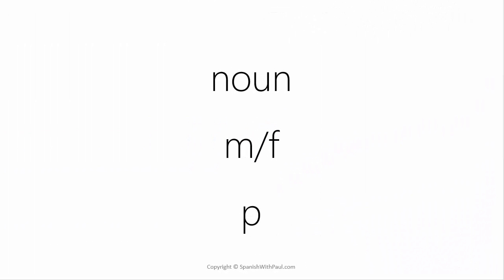As you can see, there's a lot to take into account when we're talking about things or people in Spanish. First of all, we have to know if the noun, that is the thing we're talking about, whether it be Pedro or a house or a car, we have to know if that noun is masculine or feminine. And we also have to know if we're referring to something that is singular or plural. So all of these things change how you would actually say the sentence, how the words end.